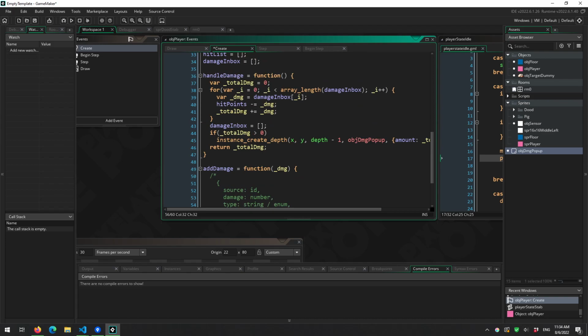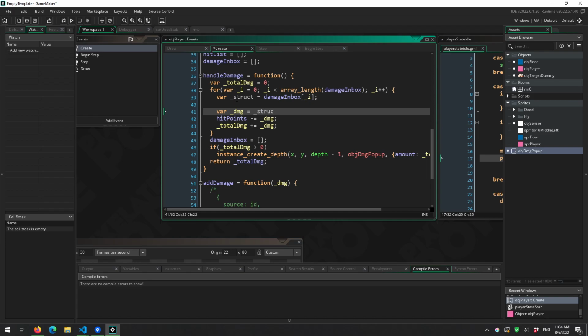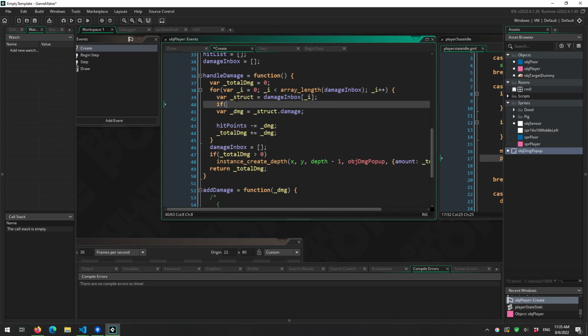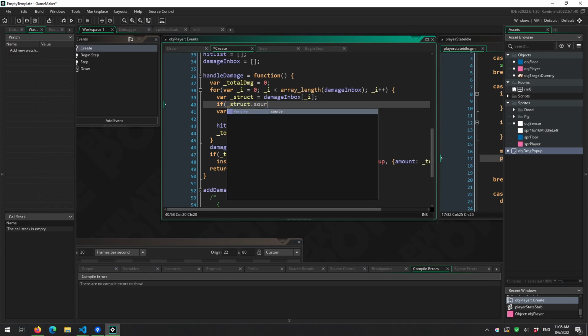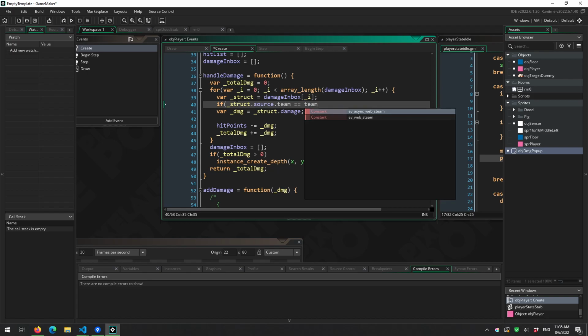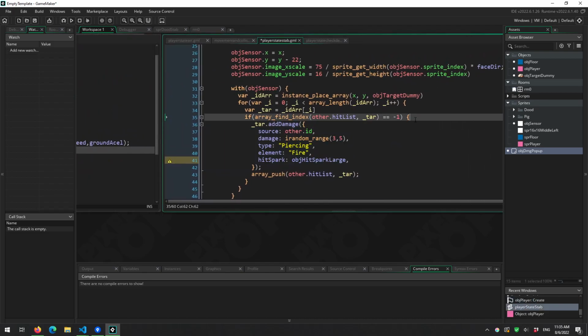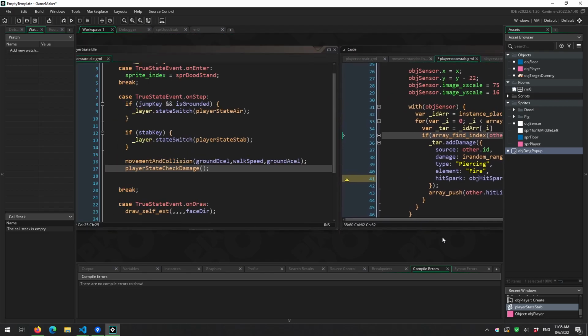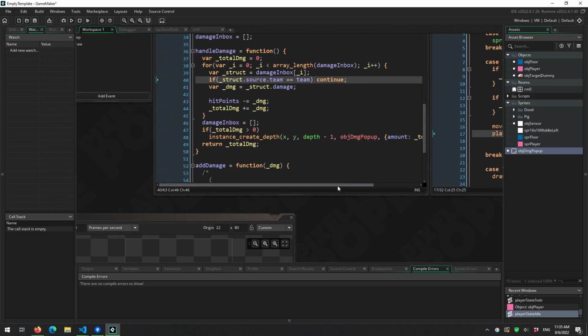So that means when we get into handle damage and we're looping through this, it's not just damage, right? This is now kind of our structure of what our damage is. And then our damage is struct.damage. And in this way, we can do all sorts of things. It's like, if struct.source.team equals my team, then continue. Now I don't have to check if I took damage from my own team back where I'm doing the attack. Now I don't have to say, oh, if this person is on my team, don't hit them and add them to my hit list, ignore them. I can just hit everybody and let them determine whether they take damage from my attacks or not